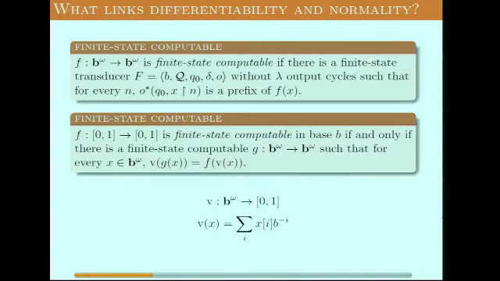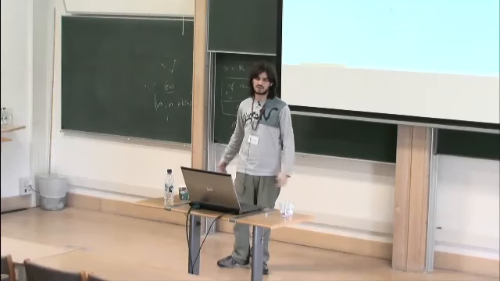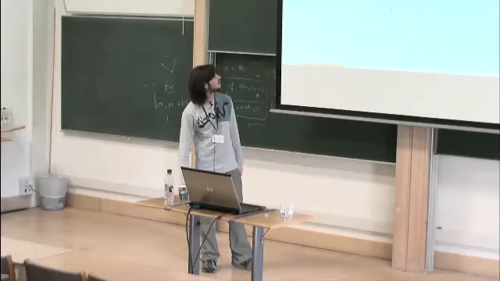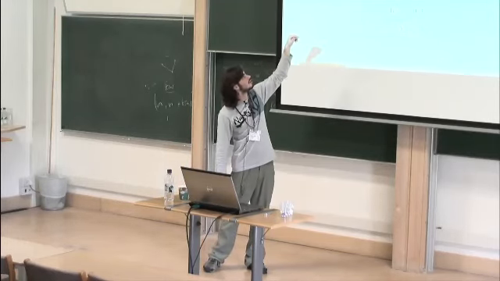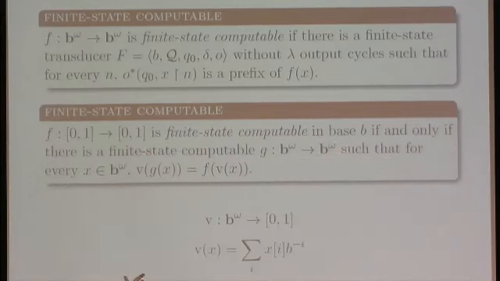So a finite state machine in this context works in a fixed base B, and it reads symbols from the input sequence, and from those symbols it can go from the current state to any other state, but these states are finite, right? So you have constant memory to work with, and the states represent all possible states of that constant memory, so it's a finite set. After you read each symbol, you possibly change state with the function delta, and you possibly output something with the function O. It's possible that you read something and output nothing.